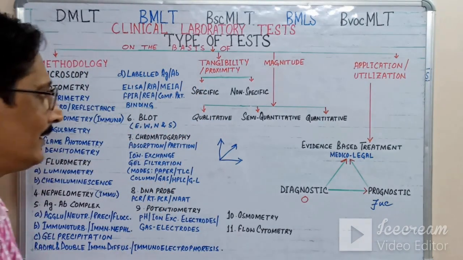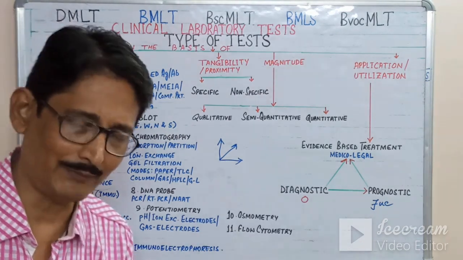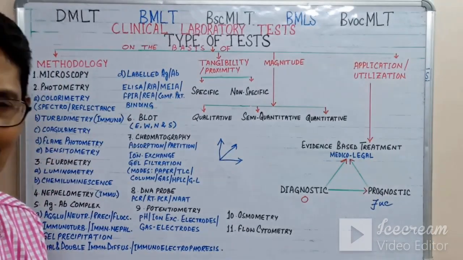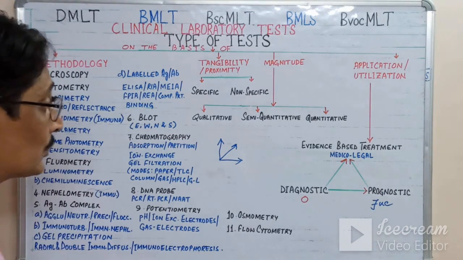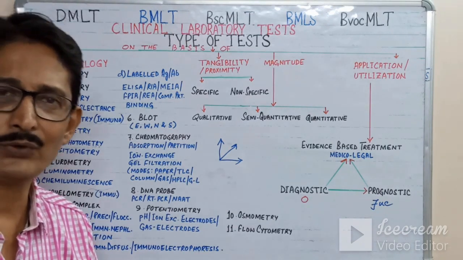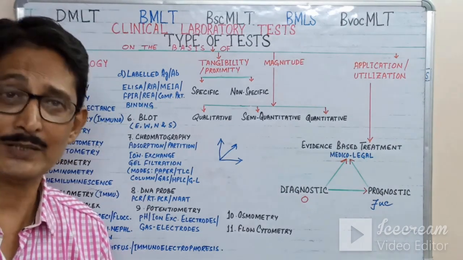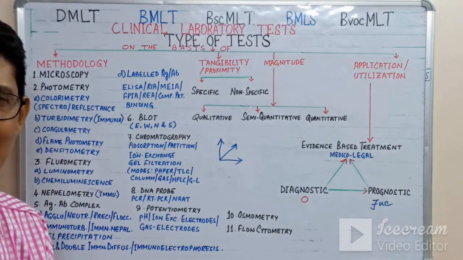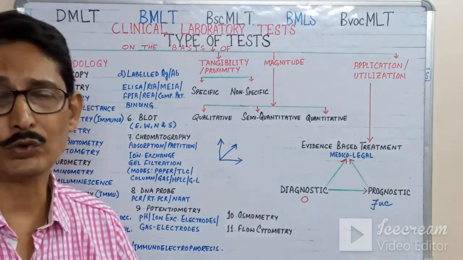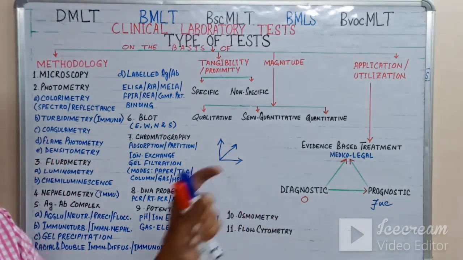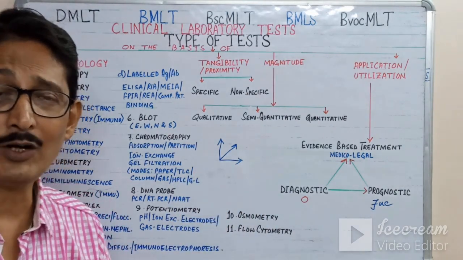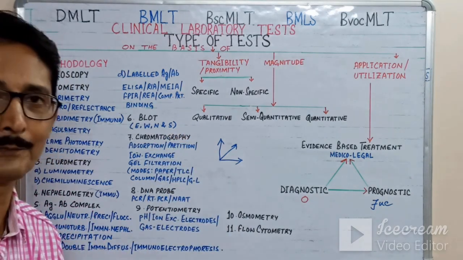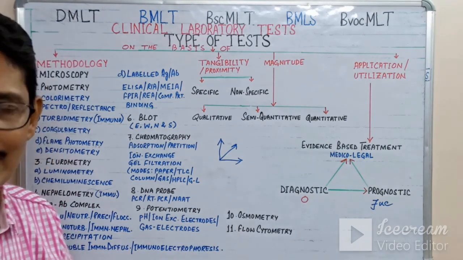Let a patient be suffering from fever, and the physician suspected that the patient has an infection of dengue. So he advised the patient for the test of dengue. This is the specific test for dengue. Along with this test, the doctor also advised total leukocyte count, differential leukocyte count, platelet count, and total RBC count, because these tests are non-specific to dengue. But why did the doctor prescribe these tests?